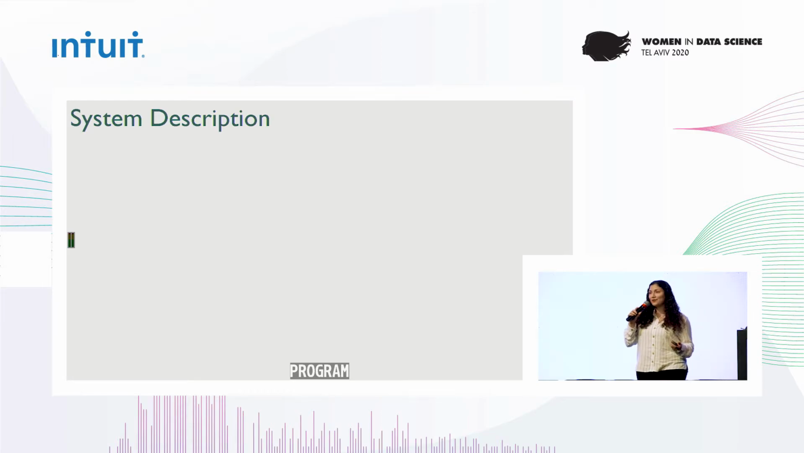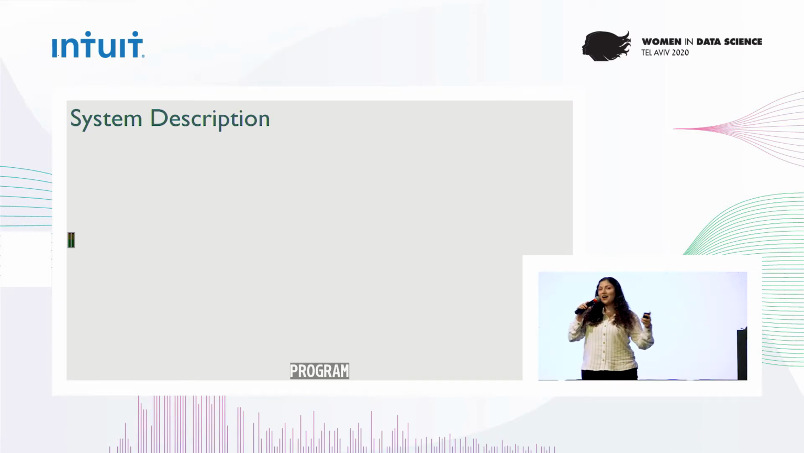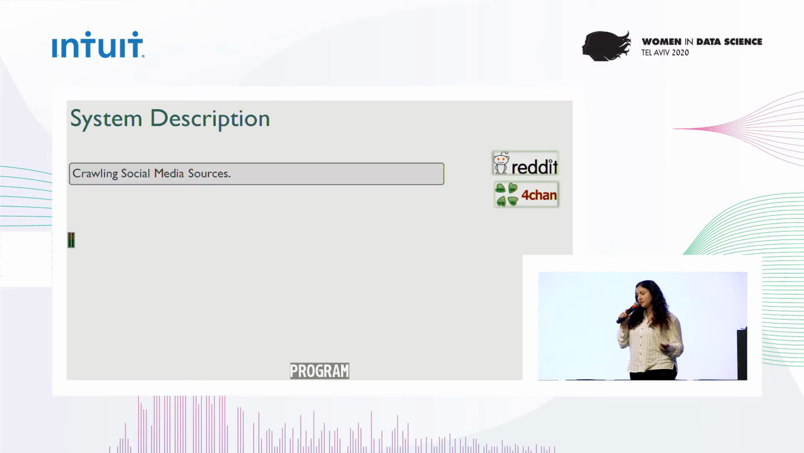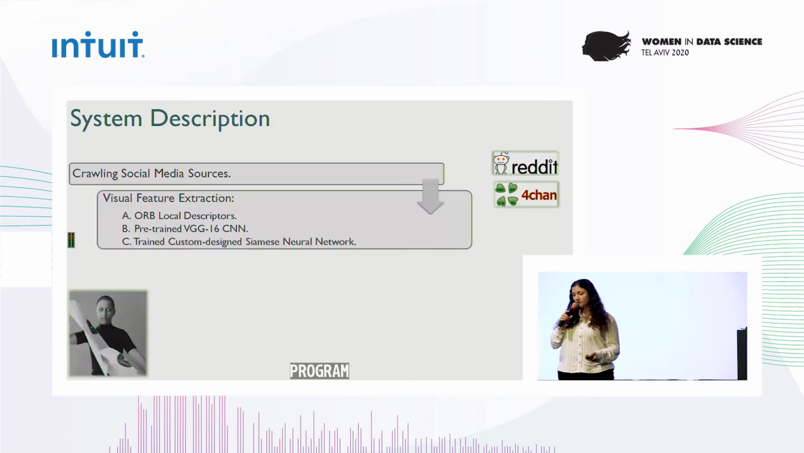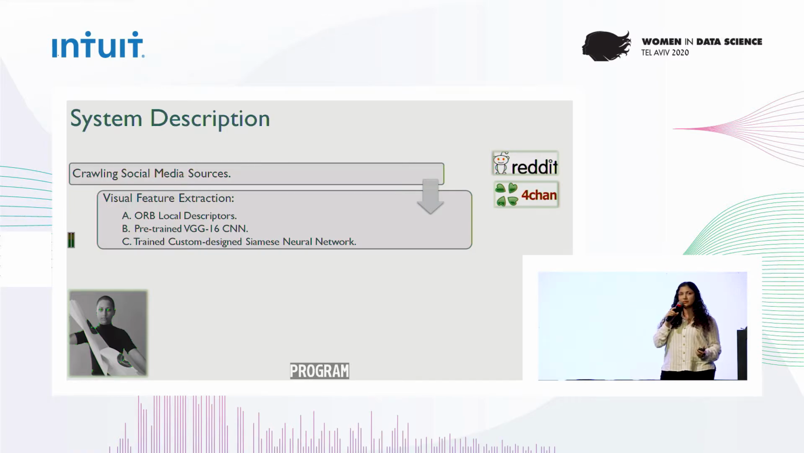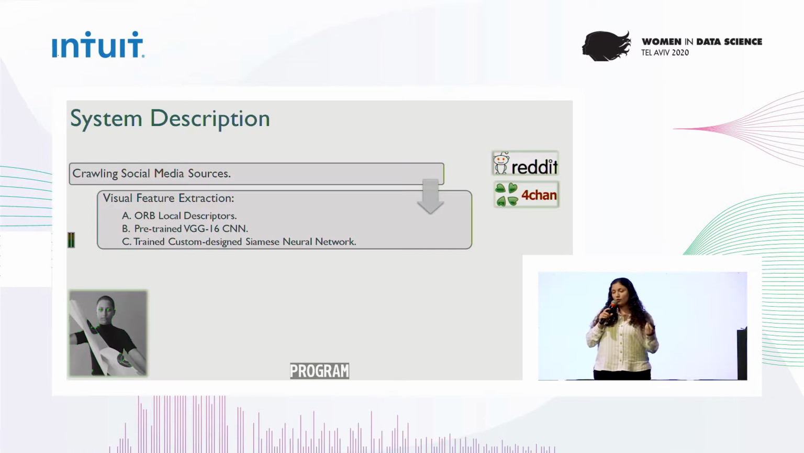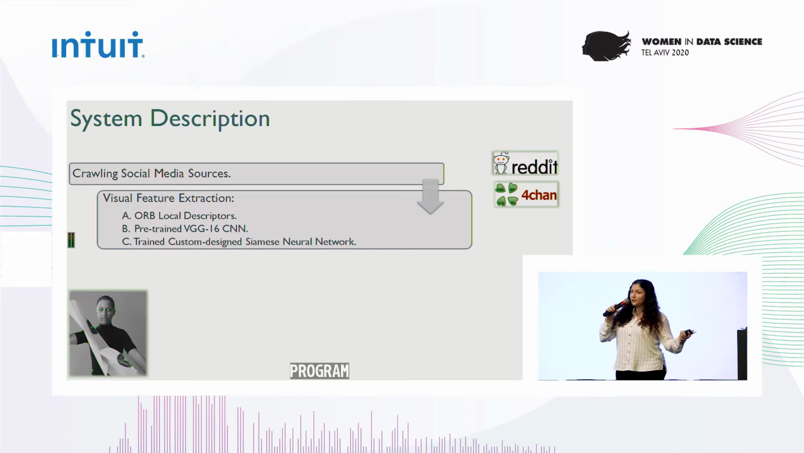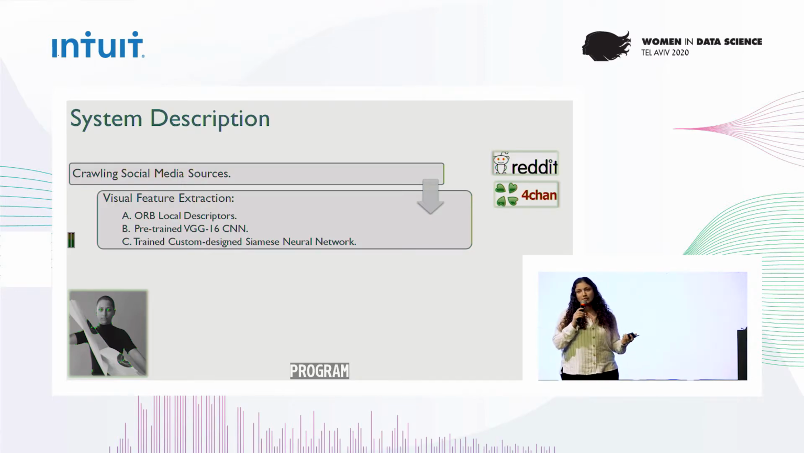Now, let's talk about the important part: how we implemented this. So first, we crawl images from different social media sources. Then we compared 3 different visual feature extraction methods. First, we used the ORB local descriptors. Then we thought we may benefit from global features, so we used deep learning, and we took a pre-trained VGG16